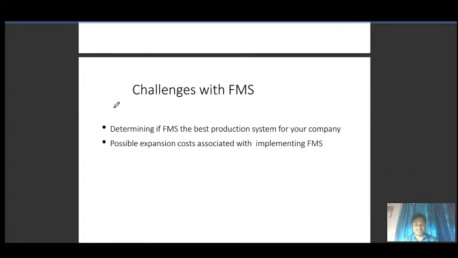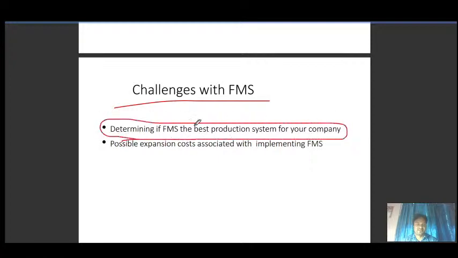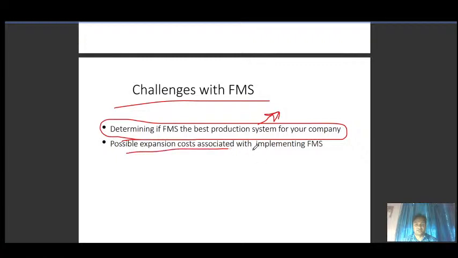So what are the challenges with FMS? Determining whether FMS is the best production system for your company. Obviously, if it is a small manufacturing, you need to compare with manual machining or with semi-automatic or fully automatic, and then the possible expansion cost associated with implementing FMS.